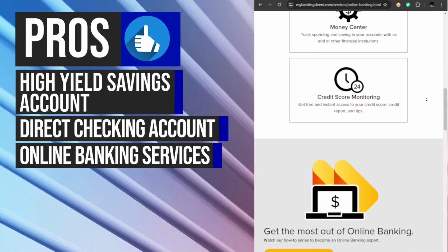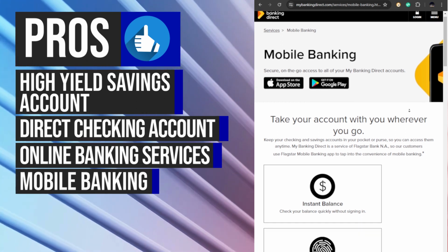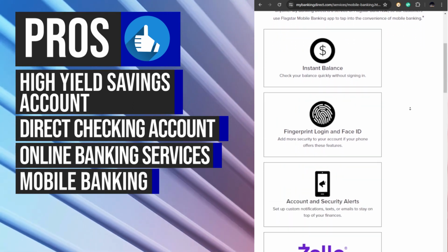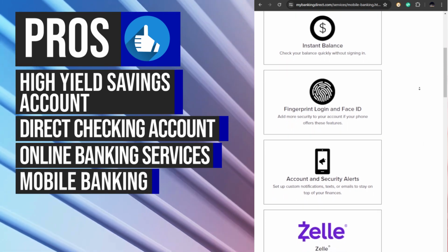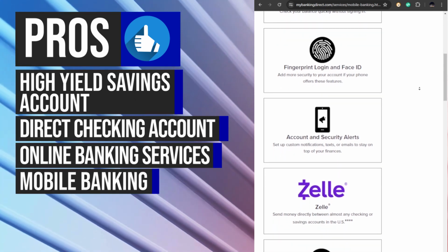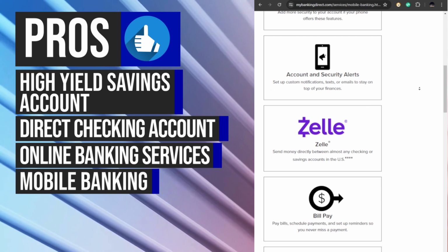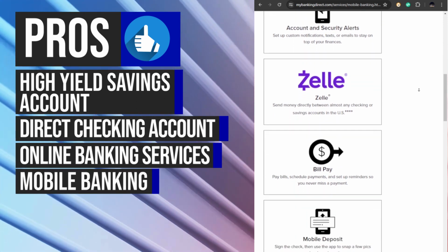and account changes. My Banking Direct's mobile banking app provides a seamless and secure banking experience. You can quickly check your account balance through the Instant Balance feature, allowing you to stay on top of your finances. The app also offers enhanced security measures such as fingerprint and Face ID authentication, ensuring the safety of your financial information. Additionally, you can conveniently deposit checks using the mobile check deposit feature, eliminating the need to visit a